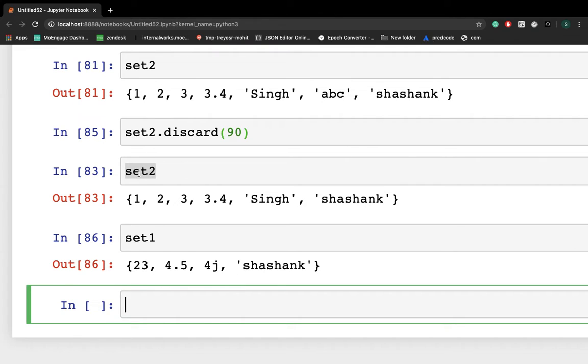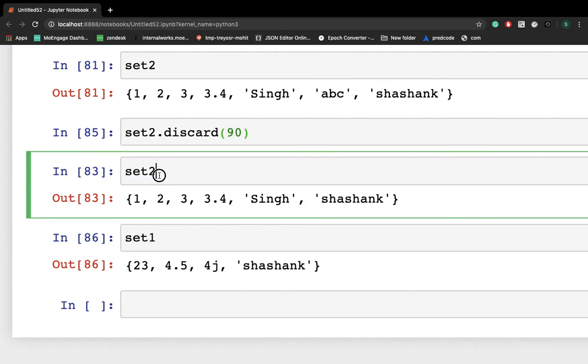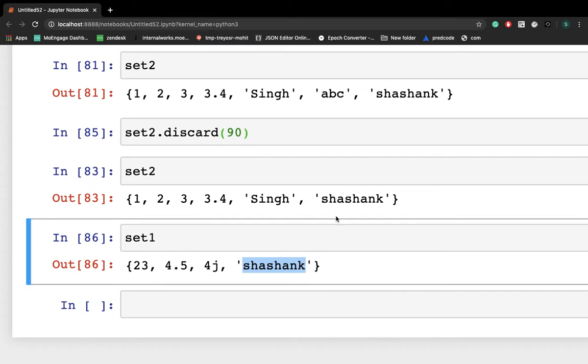I want to do the union of set2 and set1. First of all, we should know what union will return. Union will return all the unique elements. It will concatenate all the unique elements. However, the common elements, let's say Shashank and Shashank is common, so in the result, only one Shashank will be there. So we'll check it.